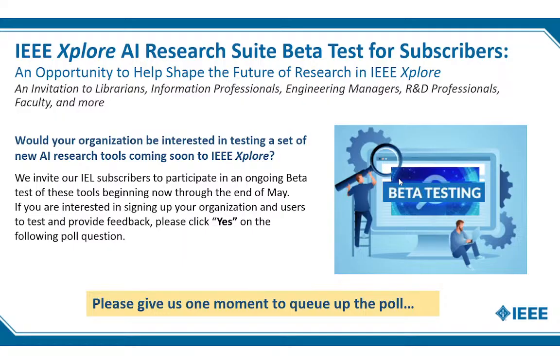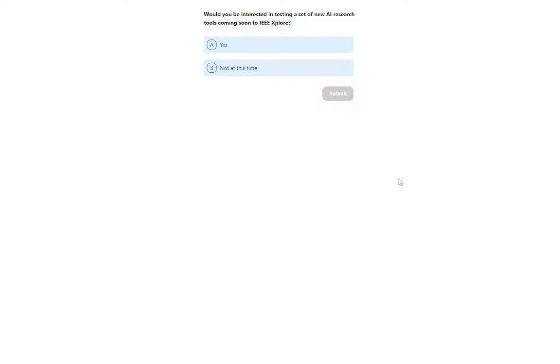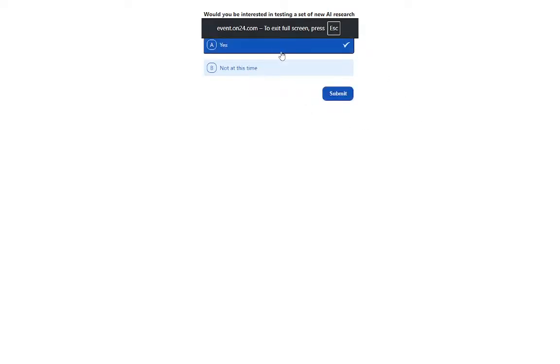We are offering the beta test for our subscribers. So again, this is another quick poll. Would you be interested in testing it out through a trial or beta of this IEEE Xplore AI Search Suite, AI Research Suite? Again, I think your choice makes a difference. If you're interested, we'll be able to follow up with you to see how we can assist you in terms of testing it out. You can select your options on the screen, yes or no, to see whether you want to participate in this testing.